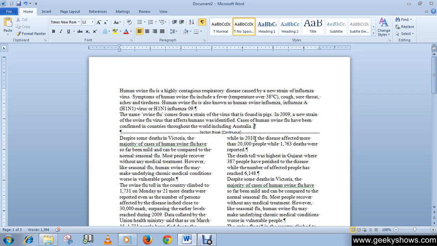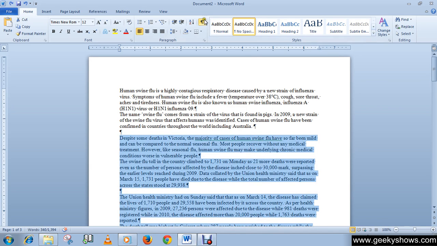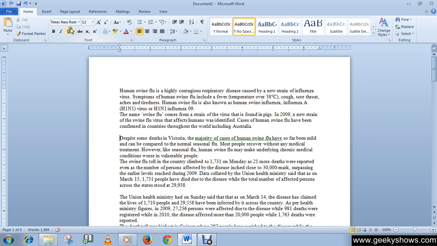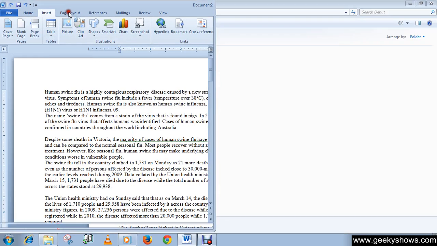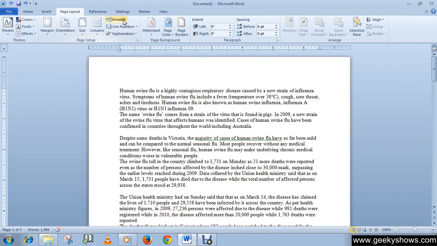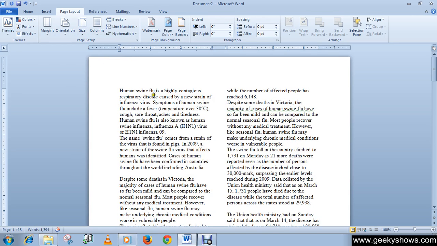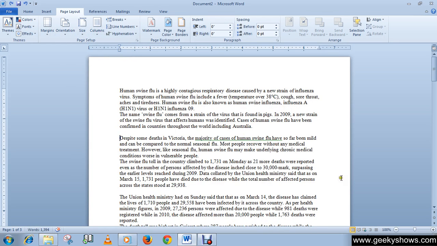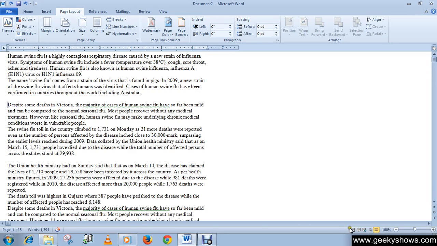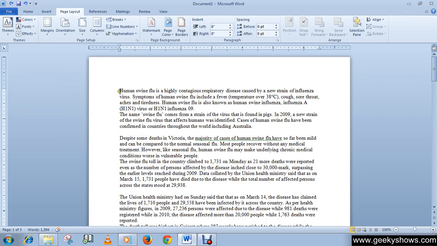It means that, as I said, I want this paragraph as a full sentence across the full page, and I want to convert the text below this paragraph into two columns.